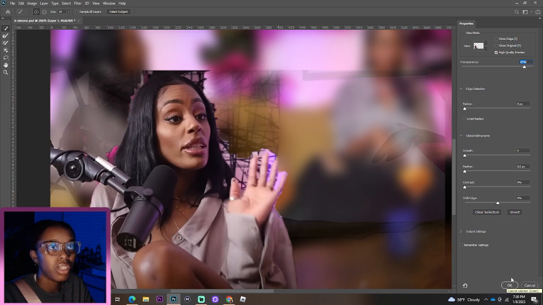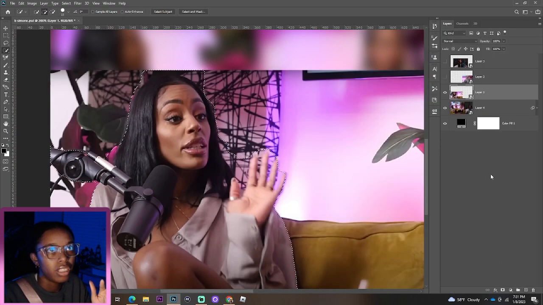So I'm gonna just hit okay, and just to make the other edges a little bit smoother, I'm gonna increase this smooth, and I'm gonna increase the contrast a little bit. So that way over here on the left side looks a lot more crisp, and around the mic stand it looks more crisp. All right, so I'm gonna hit okay,